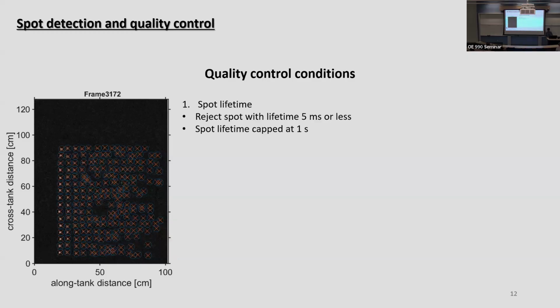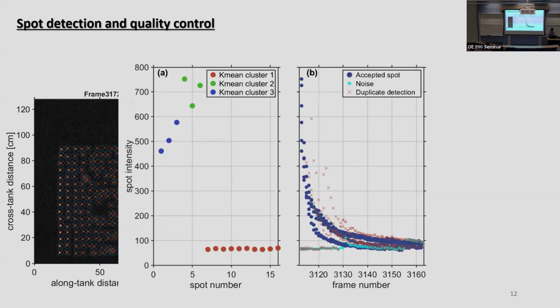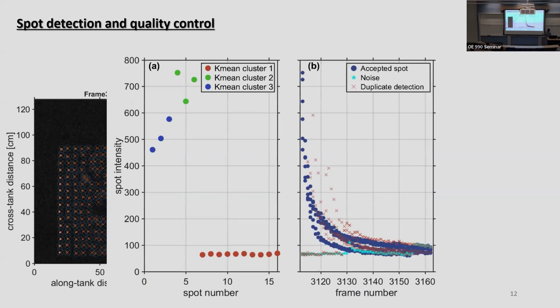We rejected any spot which was less than 5 milliseconds in lifetime. We capped the upper limit of a spot's lifetime to 1 second. To 1 second, yes. That reduced the susceptibility to jump, but did not remove it all the way. To do that, we then did a spot intensity lineage-based processing,